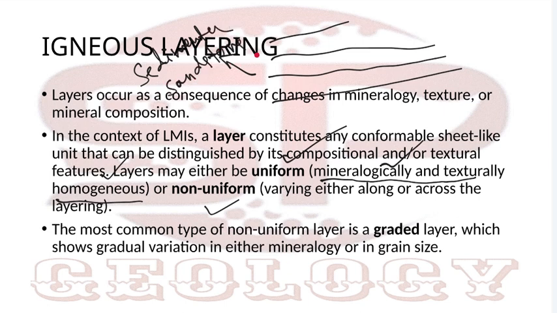So those are uniform layering, because nothing changes in the layers, but you can see the layers. This also develops in igneous intrusions due to compaction activity or lithostatic pressure. And another is non-uniform layering, which we have seen as modal layering, phase layering, and cryptic layering, in which